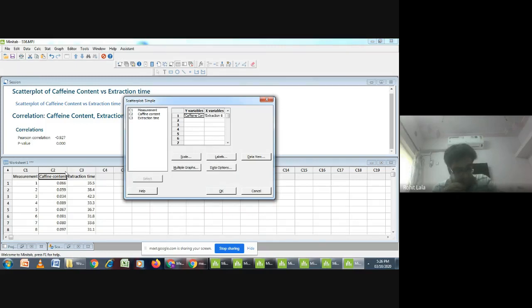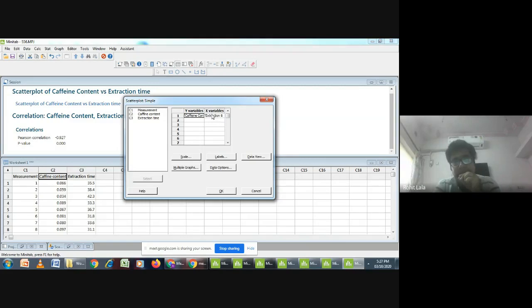Remember, the cause variable is always the x variable, and the effect variable is always the y variable.